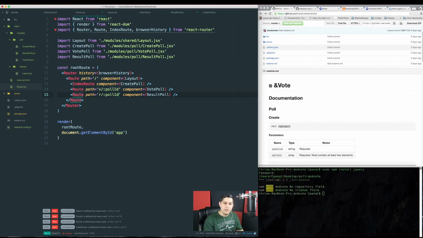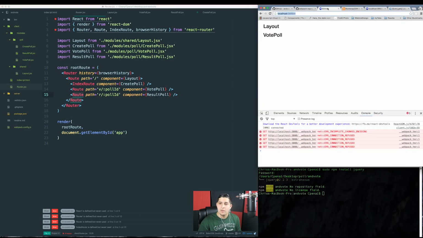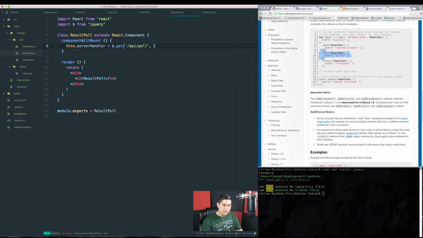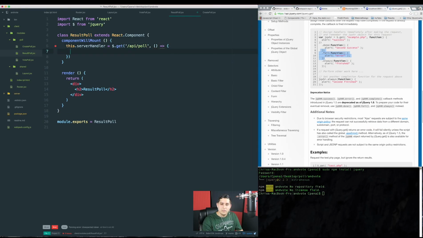Something I completely forgot. Something else that we'll do here in a second is a not found page, because right now, if we go to this page /v, it's not going to work because /v doesn't exist. /v with a poll ID does exist. All right, go over here to the second part, and this takes a function that I guess it will have some sort of data in there. We'll call this result, and all we'll do is console.log this result out. Before I forget,